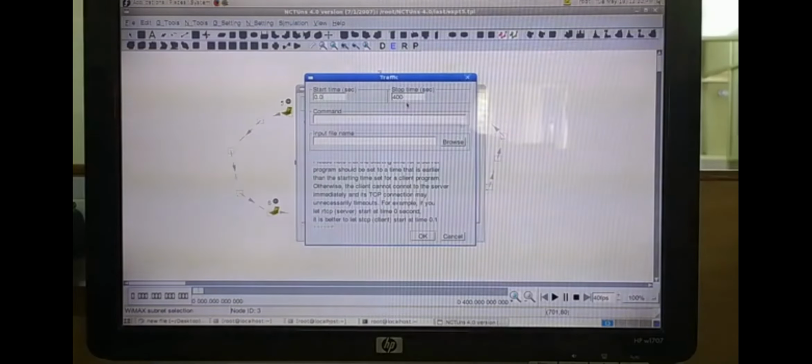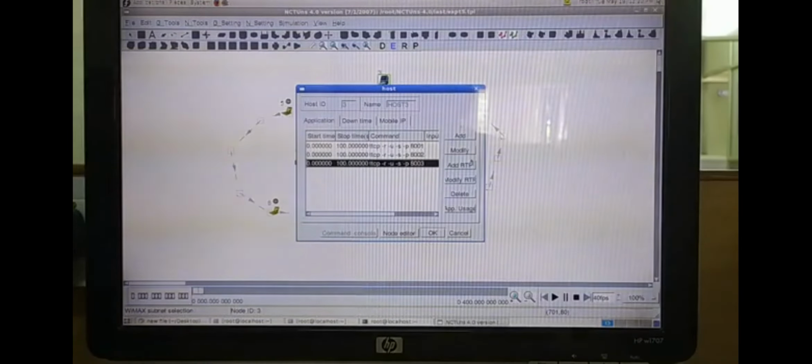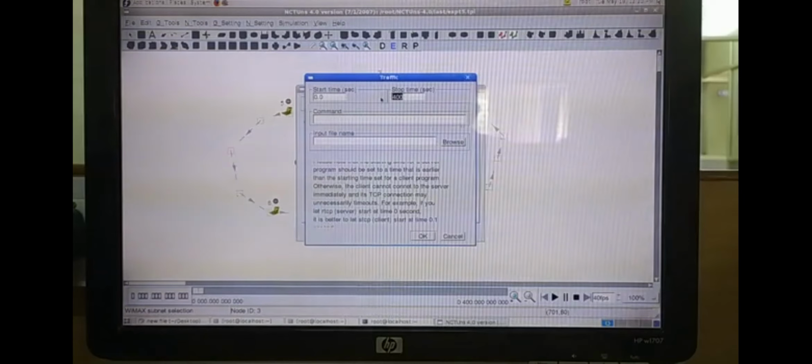For the third mobile node, again I'm taking the simulation interval as 0 to 100 seconds, and the command will be the same command, with the port number 8003. Another command I'll define, because I have 4 mobile nodes. Already I defined the 3 mobile nodes. So for the fourth one, again the simulation interval 0 to 100 seconds, and the same command, TTCP hyphen R hyphen U hyphen S hyphen P, and the port number will be 8004.